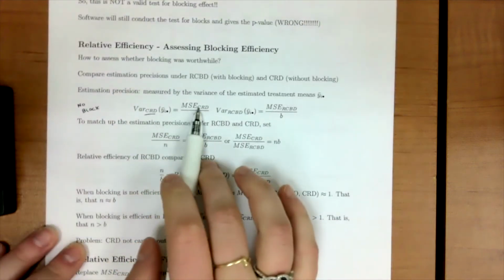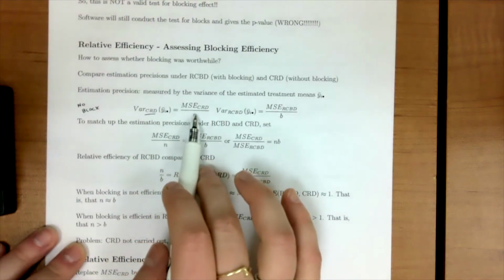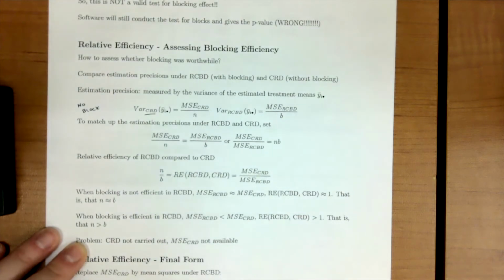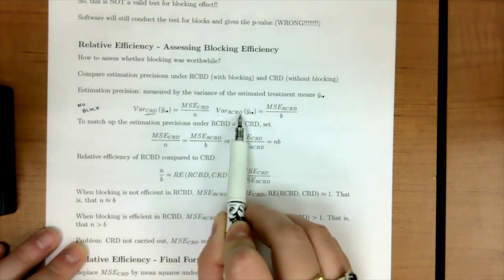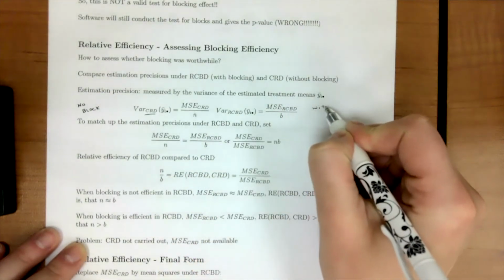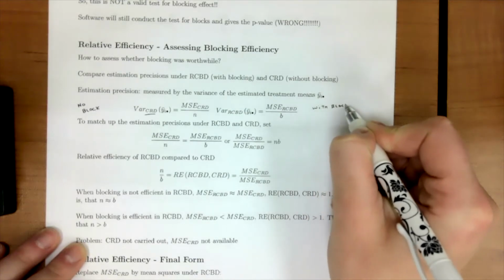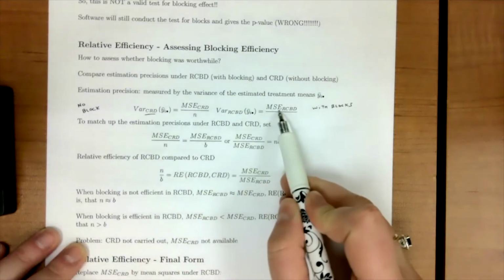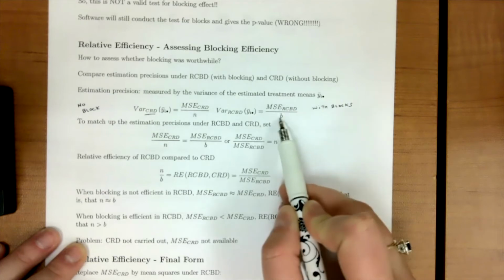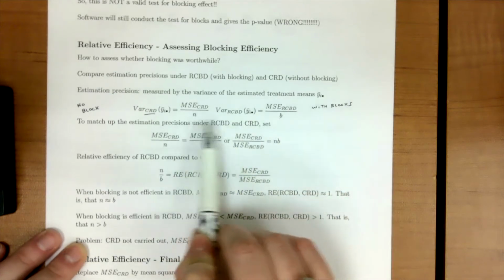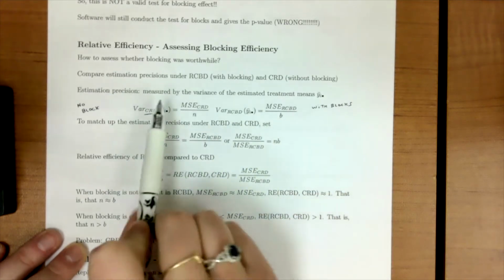Our variance is our MSE of our CRD divided by n. And then our variance of the RCBD, this is with blocks, is going to be our MSE of the RCBD divided by b. Now here, n and b are acting the same because if we remember about the